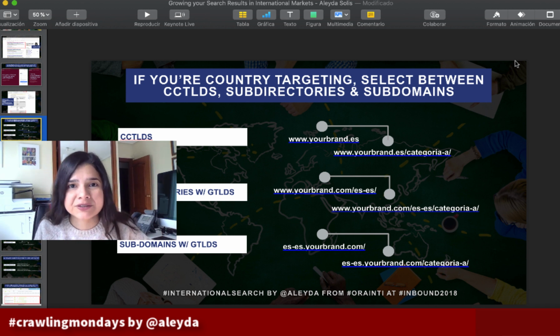gTLDs along with subdirectories. Sometimes we don't have that many resources to use ccTLDs. Sometimes we will need to start right away in an international market where we see tons of competition, and we are afraid to start in a very competitive market with a new ccTLD domain from scratch, with zero backlinks, zero authority, zero history. It might be much more straightforward to start competing right away with an already existing, very authoritative gTLD